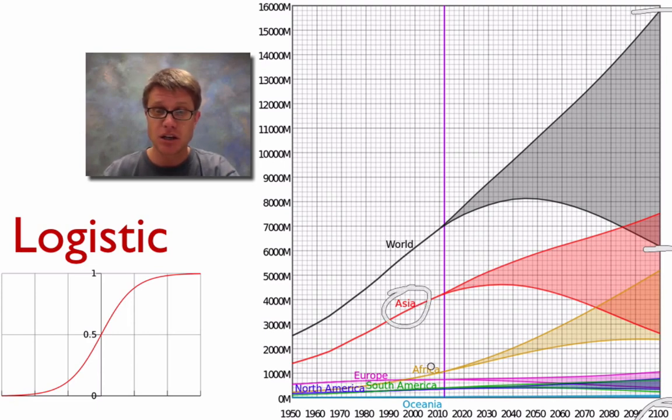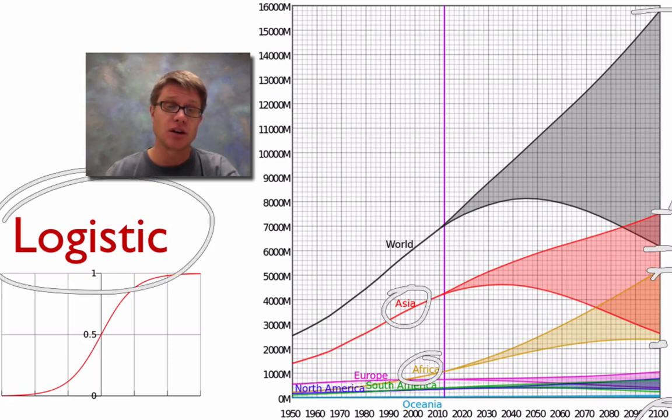So here would be Asia, here would be Africa, so this would be the high end, low end. So they've got a high end in Asia, saying by the year 2100, which I probably won't be around then, but they're saying that on the high end, you could have almost 8 billion people living in Asia. And so what's the world population going to do? It's eventually going to approach what's called logistic growth. But it depends on where you are.